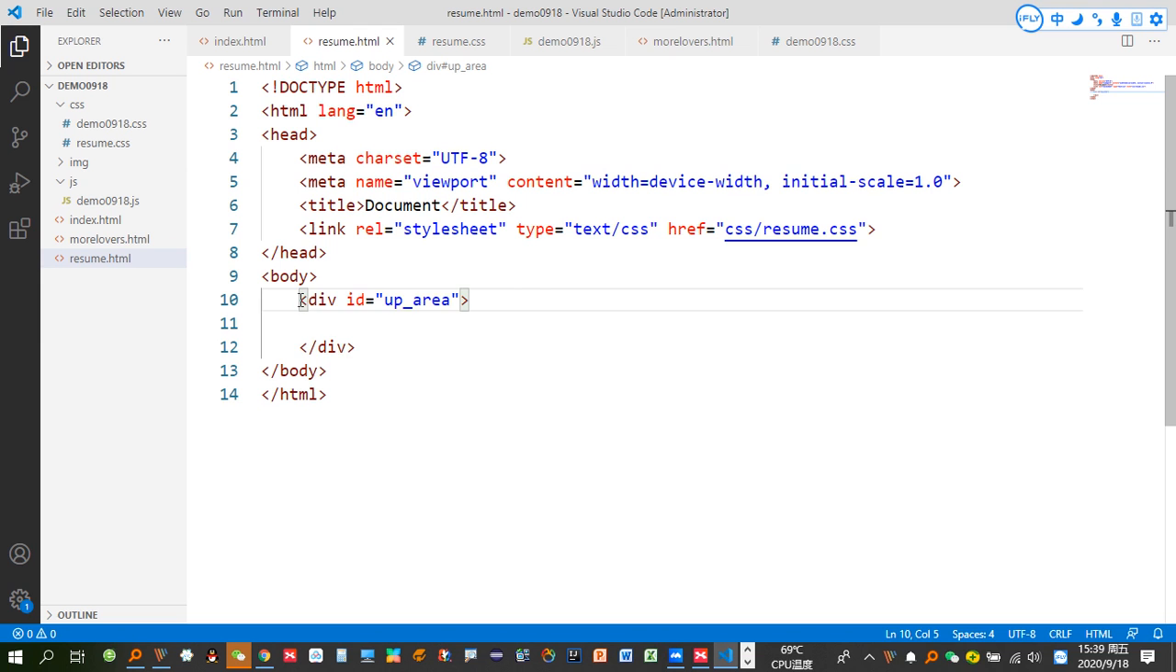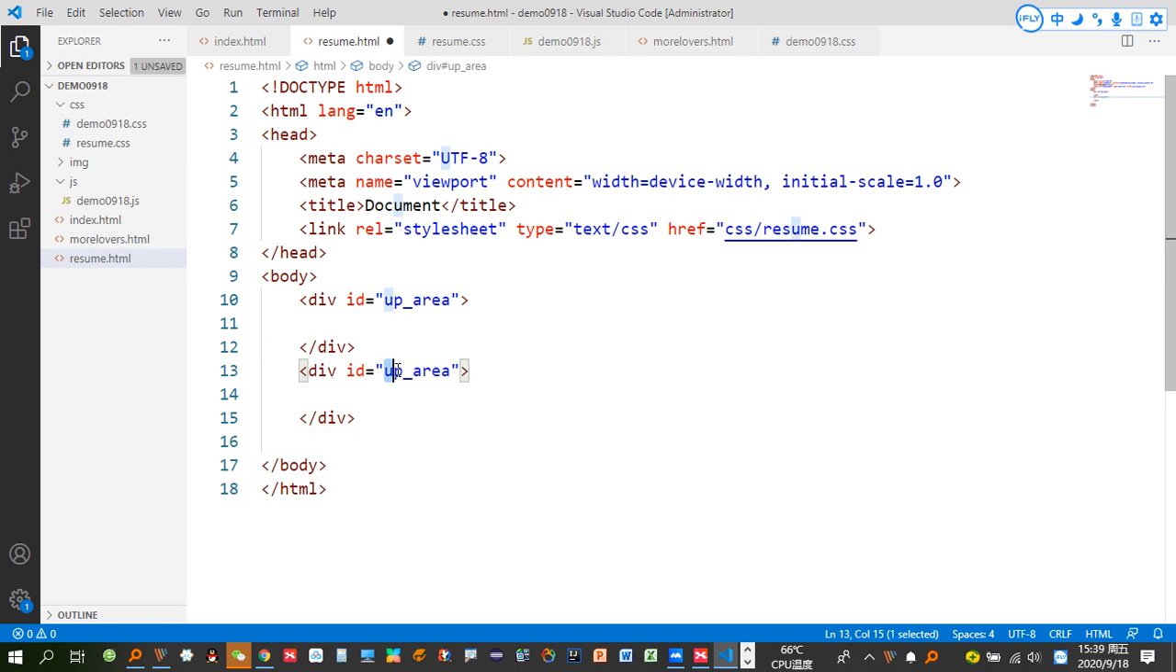And another thing is that you just follow this way. This is another DIV. So we can write another DIV, maybe the up down area. This is a down area. So we give down area. And also we write in our CSS file,